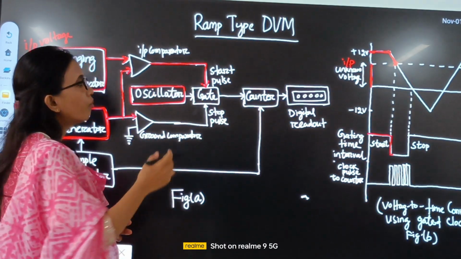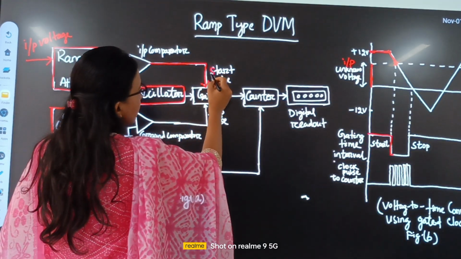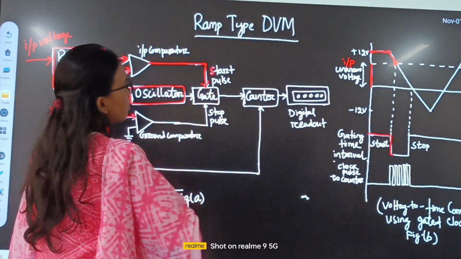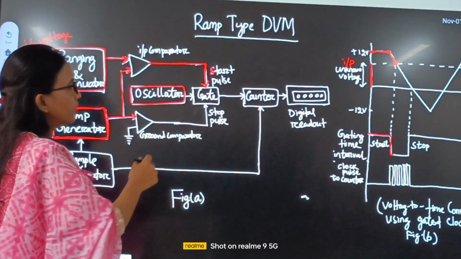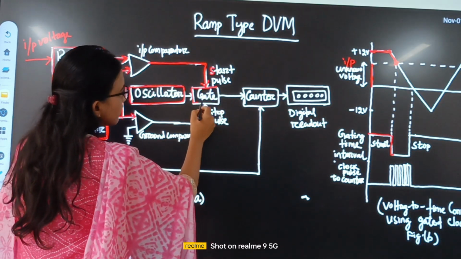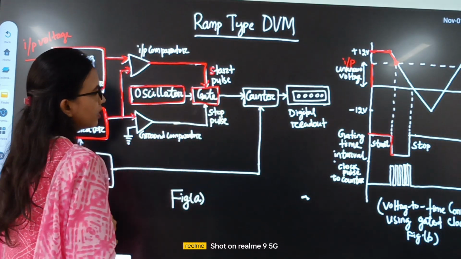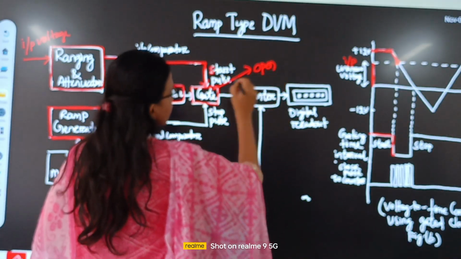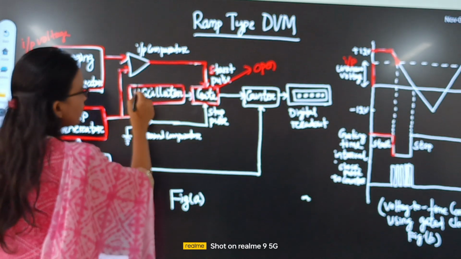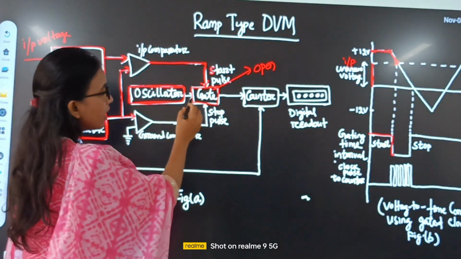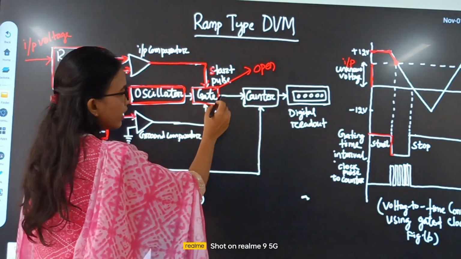But when the output of the start pulse is fed to the gate, after getting the start pulse from the input comparator, the gate is open. After the gate is open, whatever pulses are generated from the oscillator are passed through the gate and reach